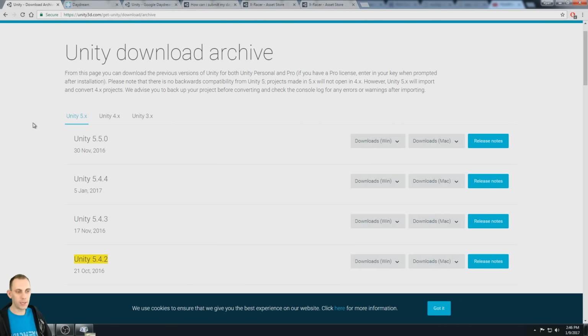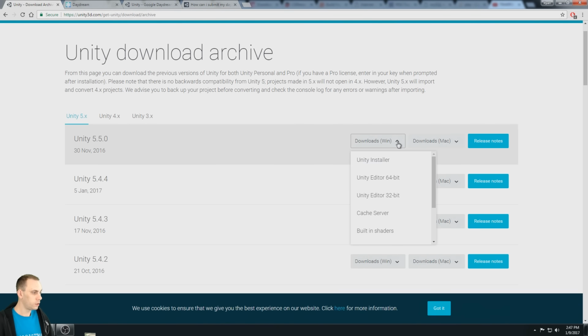So because I needed to use that for one of my projects, I've switched to Unity 5.5.0, and this seems to work fine for cardboard or Gear VR, or basically any mobile VR development. So for this tutorial series, we're going to be using Unity 5.5.0, and I think it's important that